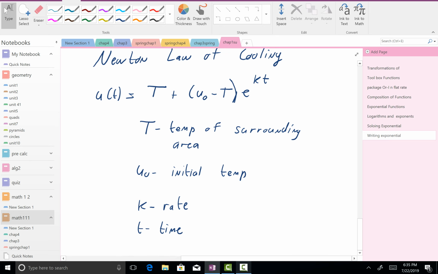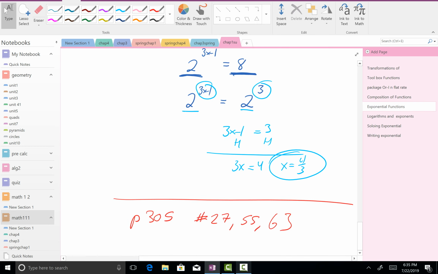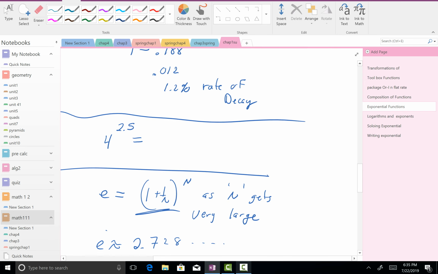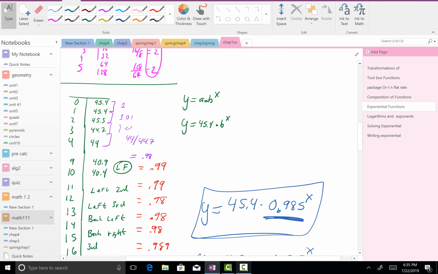All right, so let's do this. What I'm going to do is go back and see if I can find that temperature data. I think I have it. I just have to go back and see if I can find it. I believe it's in here somewhere. There it is. Okay, so